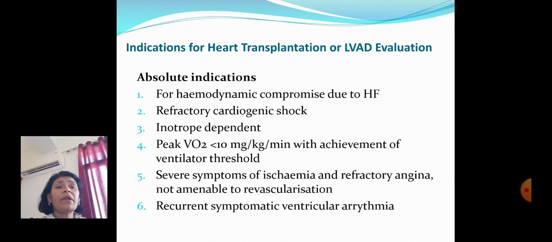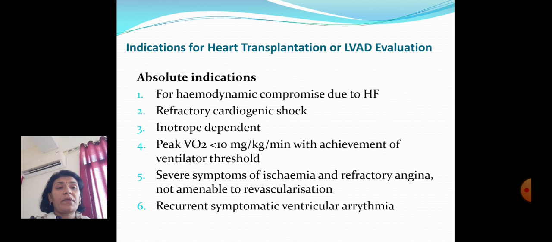The absolute indications are hemodynamic compromise because of heart failure, if there is presence of refractory cardiogenic shock, the patients are inotrope dependent, the peak VO2 is less than 10 mg per kg per minute with achievement of ventilator threshold. There are severe symptoms of ischemia and refractory angina which is not amenable to revascularization,